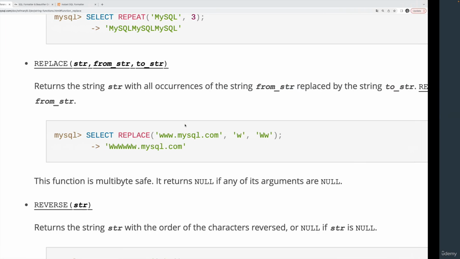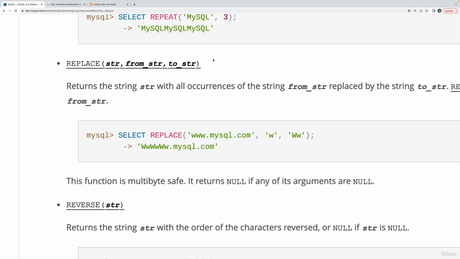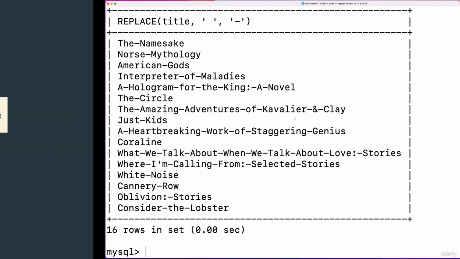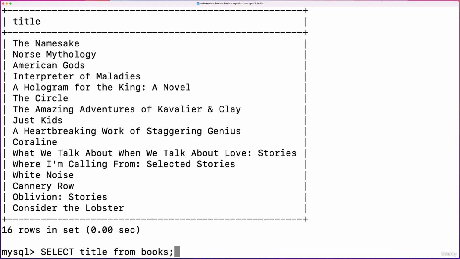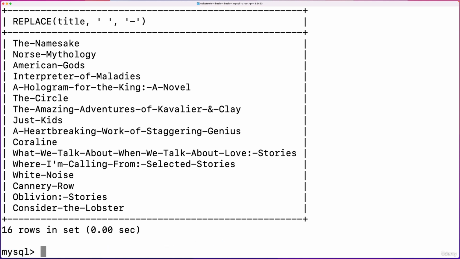Just remember the way that it works. 3 arguments, all of them have to be there. The first one is the piece of text we're operating on. The second one is what we're trying to replace. And the third one is what we want to replace it with. And I can't stress enough, we have not altered anything in our table. If I do a select title from books, nothing has changed. We still have spaces there. We're not updating the table at any point. All that we did was retrieve the titles and replace them once we had retrieved them, replace the spaces with dashes. Okay,